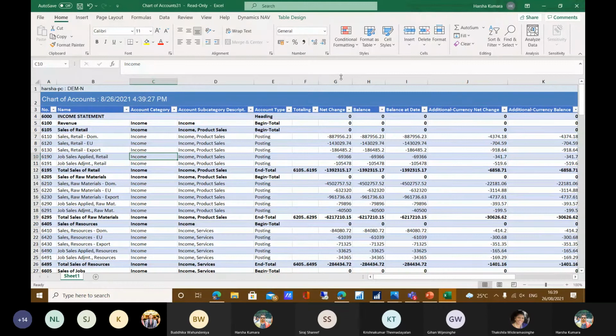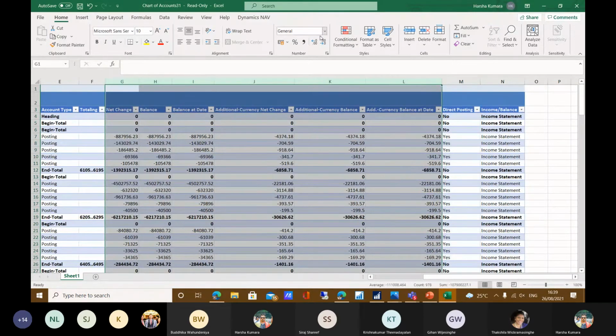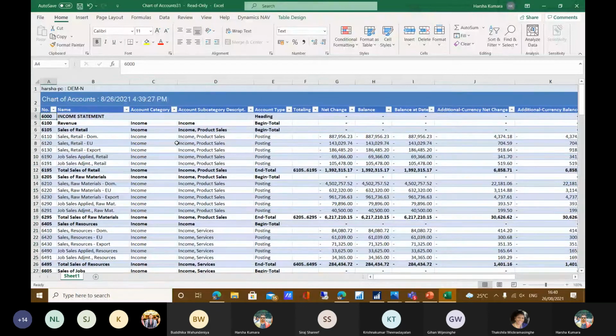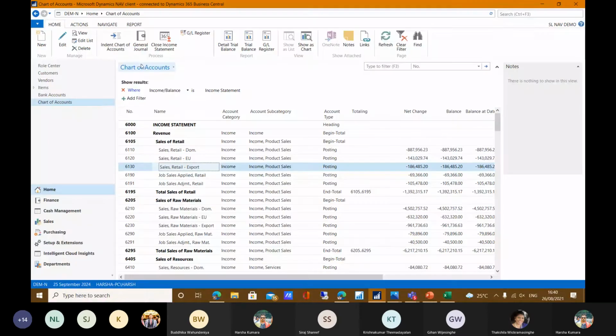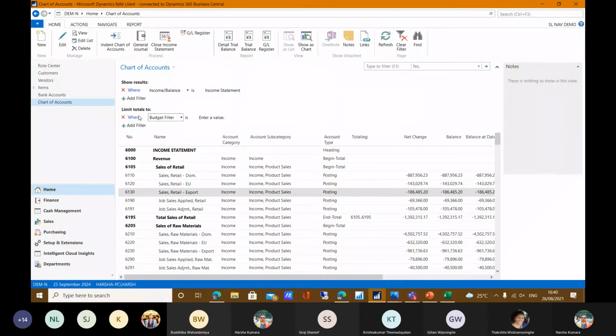And this also you can filter into today or any date period by using the chart of accounts filter. And here you can filter by limit total. Using the limit total, you can quickly filter your data with the date filter. Assume January 24 up to 31st December 2024. Then the posted data, the net change, will be arranged as per the date filter, and you can quickly press Control plus E, and then all the data is updated in your Excel sheet.